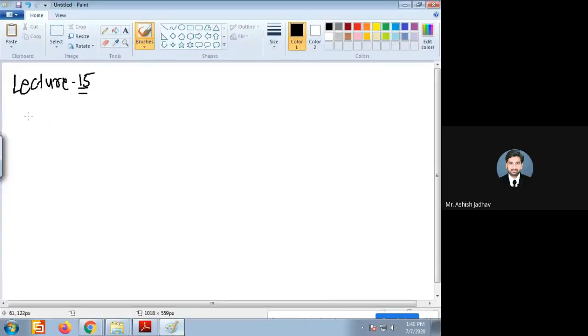So last lecture we studied electric field intensity due to an infinite sheet charge, and the expression that we have obtained is: electric field intensity E bar is equal to rho s upon 2 epsilon naught A bar z volts per meter, right? This was the scenario in which we assumed the sheet charge is placed on the xy plane, right?